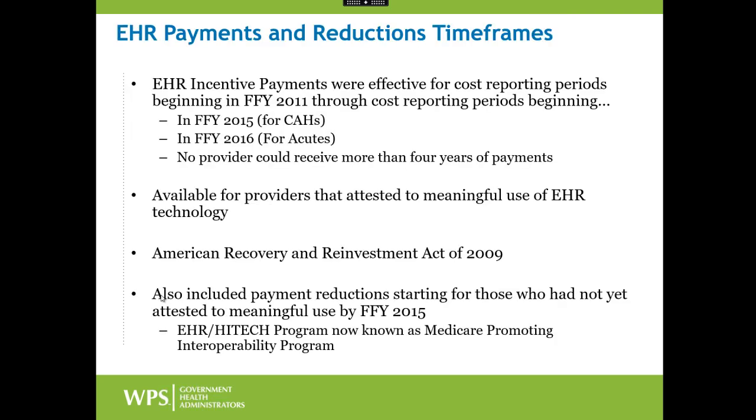So first of all, we will talk about the original EHR incentive payments, also known as high-tech or HIT payments. These were effective for cost report periods beginning in federal fiscal year 2011 all the way through cost report periods beginning either through fiscal year 2015 for critical access hospitals or through fiscal year 2016 for acute care hospitals. So at most, this allowed for a 6-year range of time in which different providers could qualify